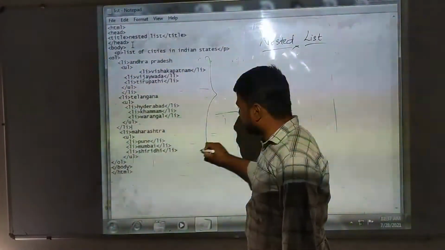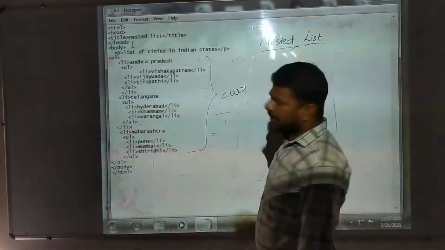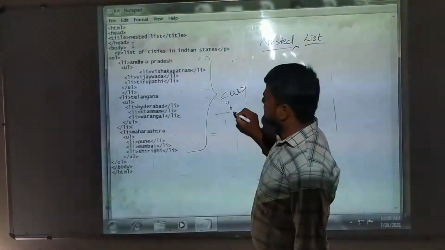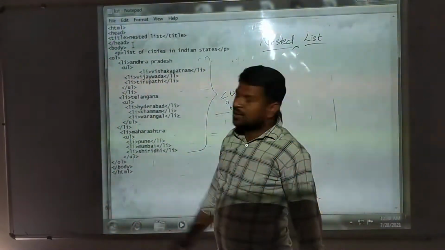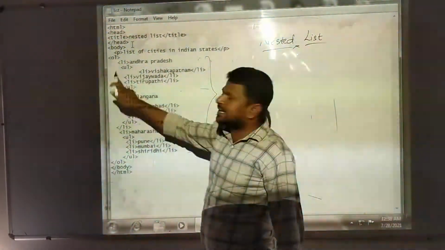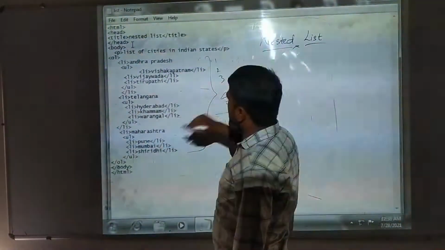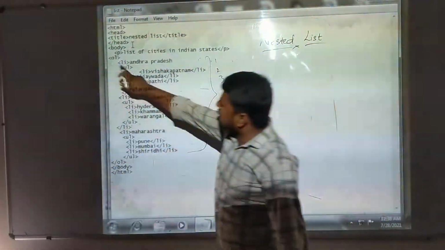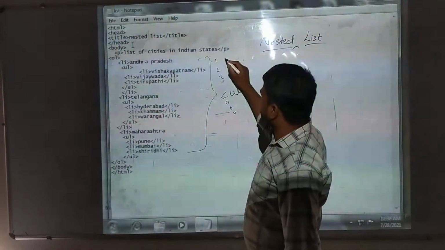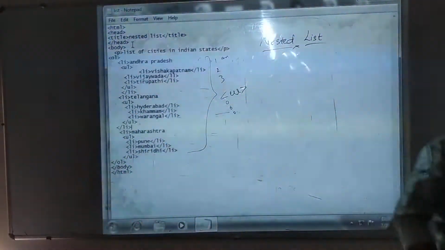Completely from here to here, which list are we in? Unordered list, right? Unordered list means this all will be displayed in bullets. And this is the ordered list. Whenever we give the ordered list tag, after that when we use the list tag, it will be displayed using numbers 1, 2, 3. So here what will be displayed in numbers? List 1, list 2, list 3. Now we can execute that program. So the output for this program will be,